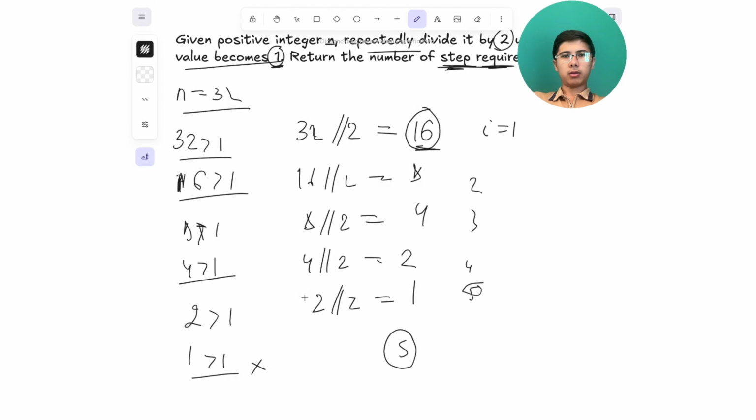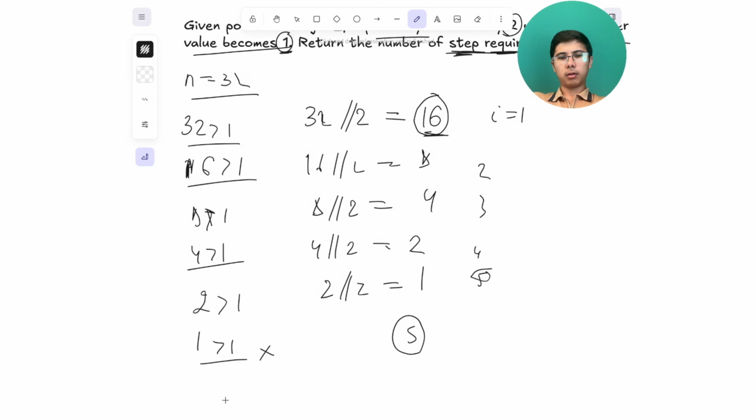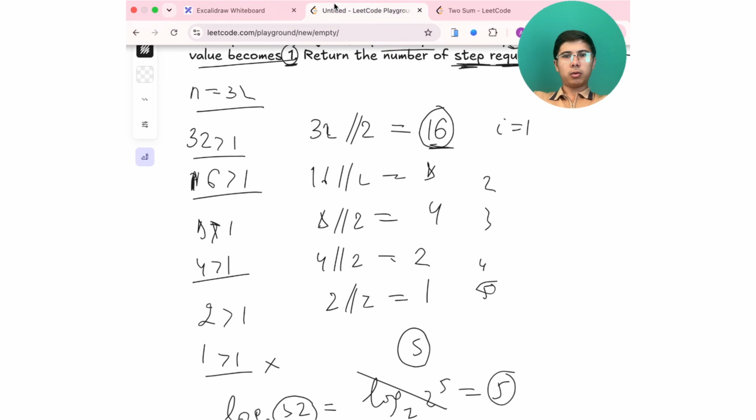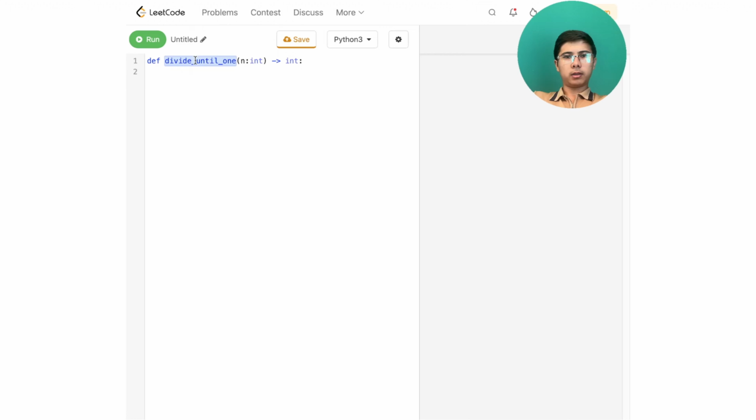And if we calculate it in logarithmic format, logarithm base 2 of 32, 32 means, as we know, 2 to the power of 5, and then the answer output also becomes 5. This is the proof. And if you convert it to code format, we just write a function named divide until 1, and we have an input size n, an integer, and we write a steps variable, which starts from 0,